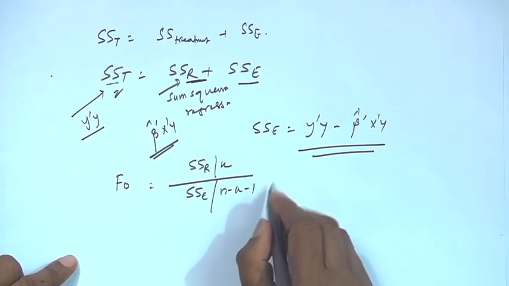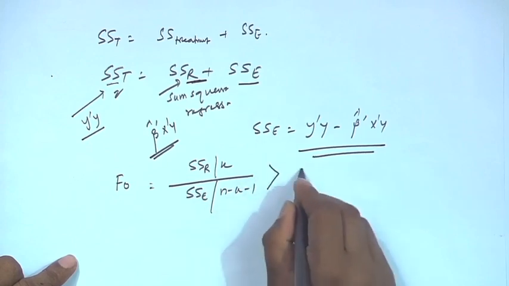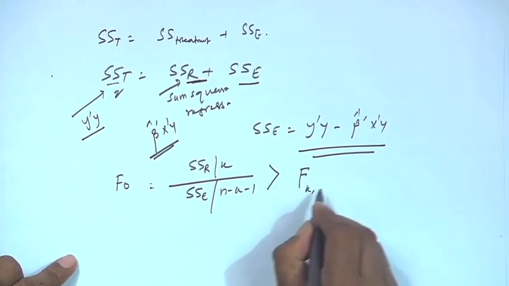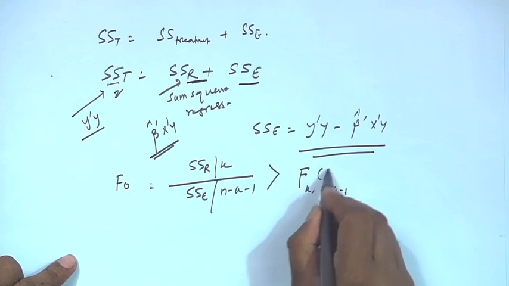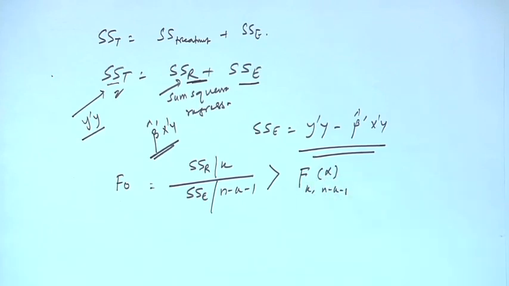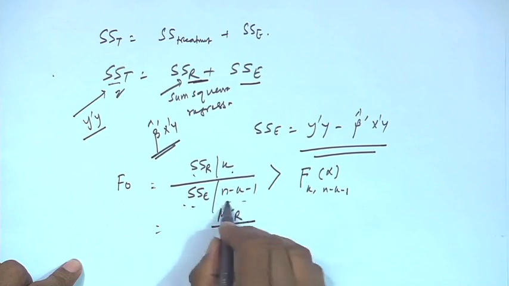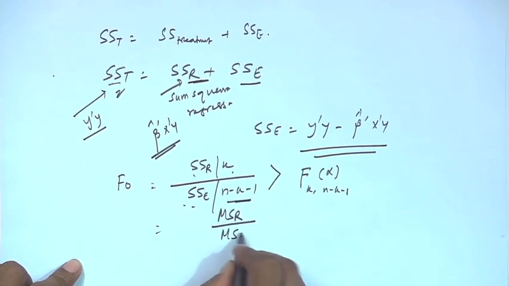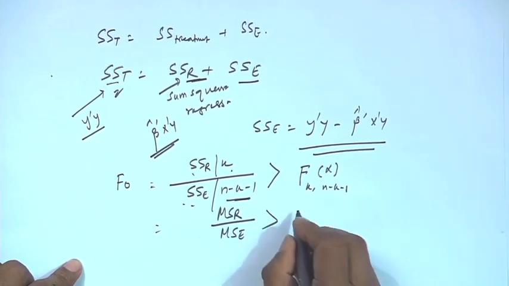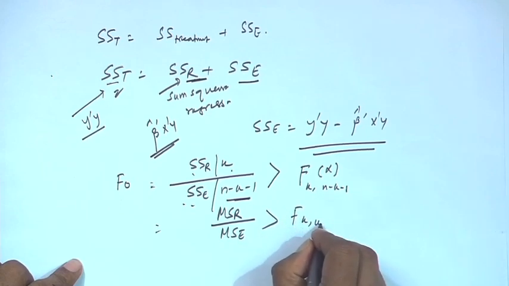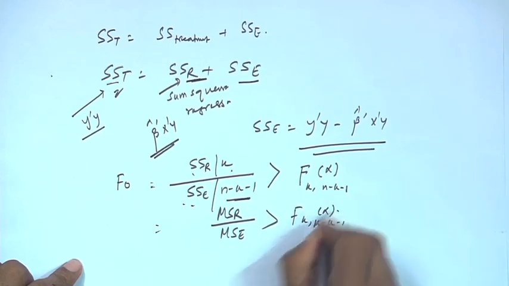If this is greater than F alpha, k, n minus k minus 1, then H0 is rejected. Now, what is SSR by k? This is MSR. SSE by its degrees of freedom is MSE. So if MSR by MSE is greater than F alpha, k, n minus k minus 1,